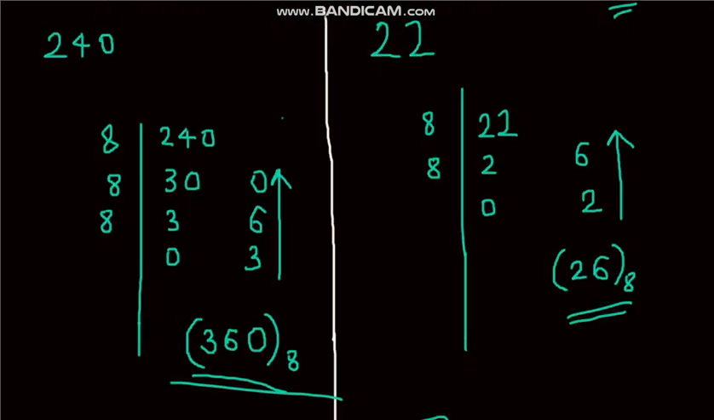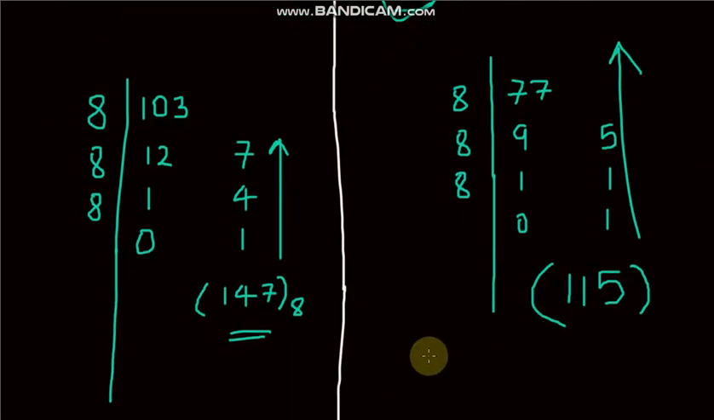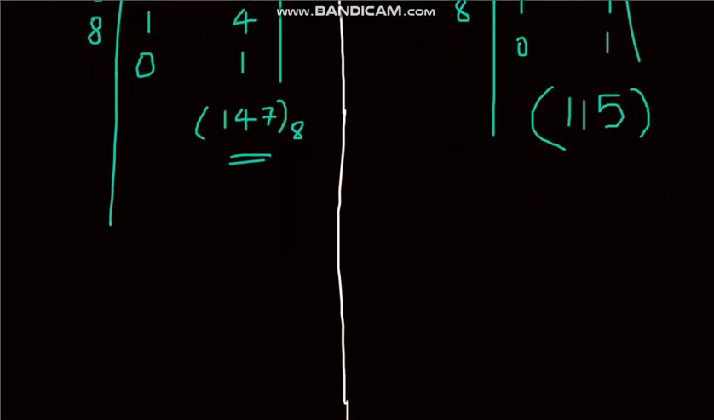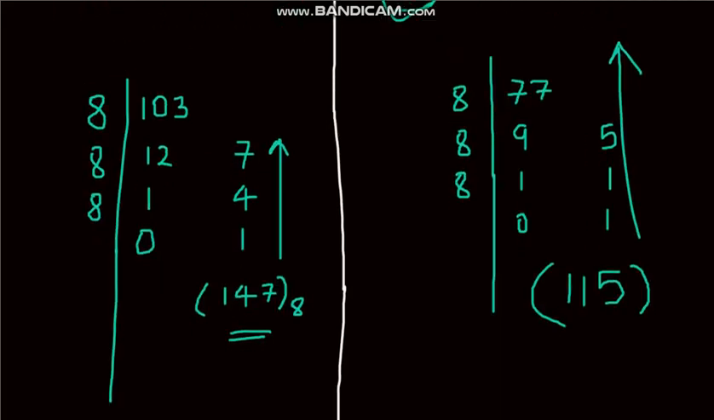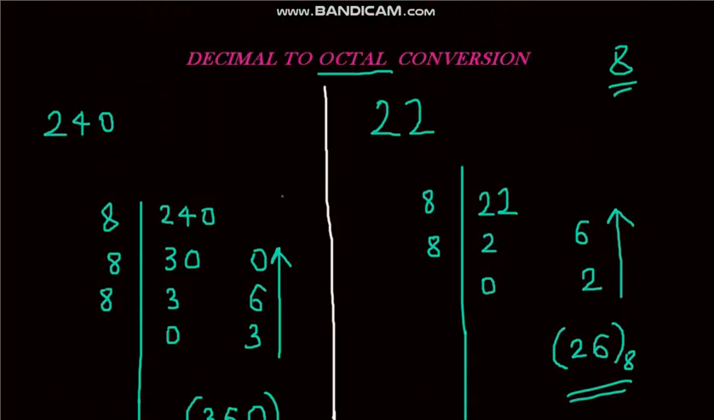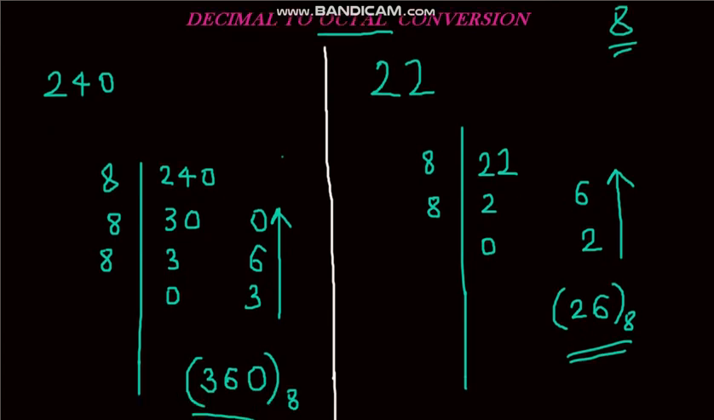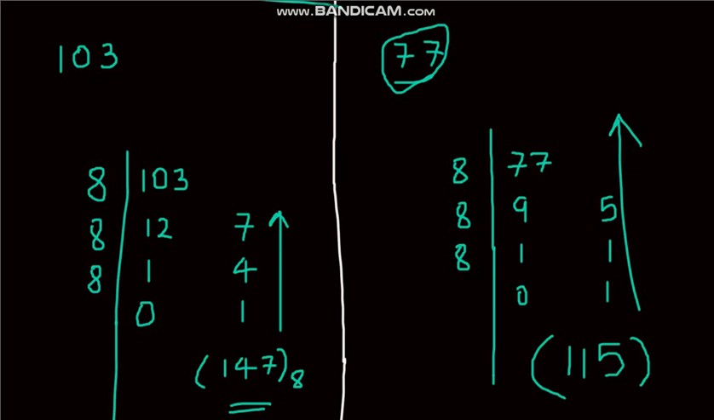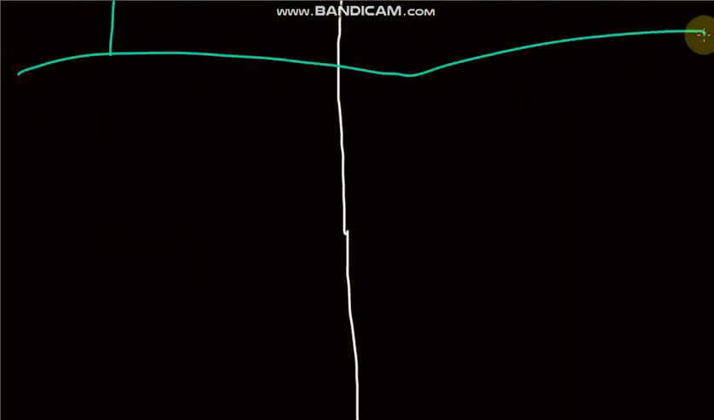We have covered numbers such as 240, 22, 103, 77, various examples. I guess we are done in this video. No more examples, because these are the only numbers which you will be getting, not more than 4 or 5 digits. And if you get 4 digits, okay, let's try a 4 digit number. Let's take an example,